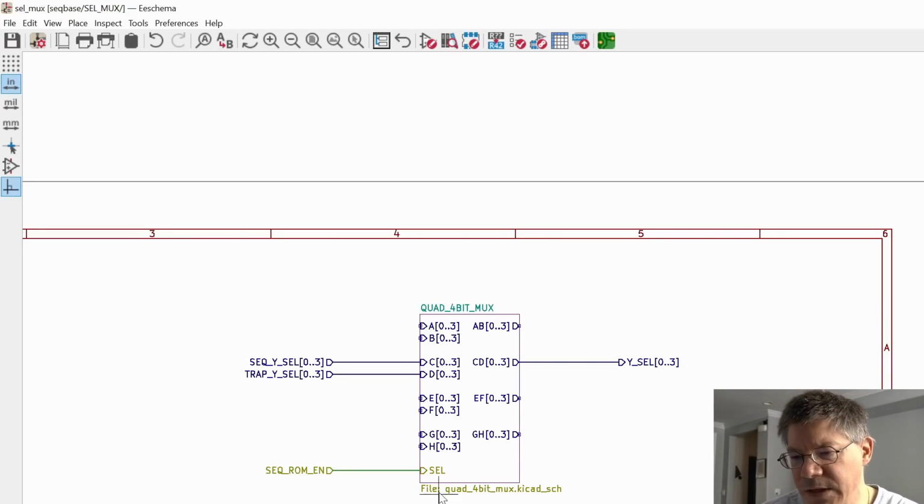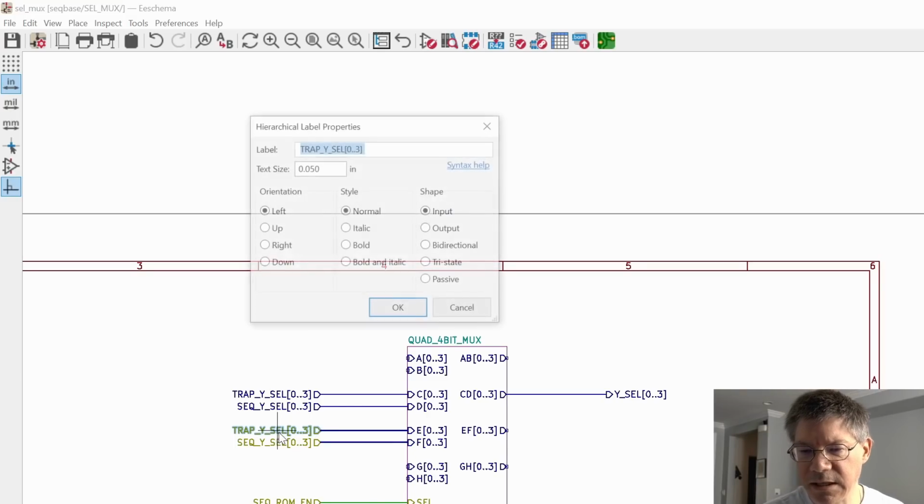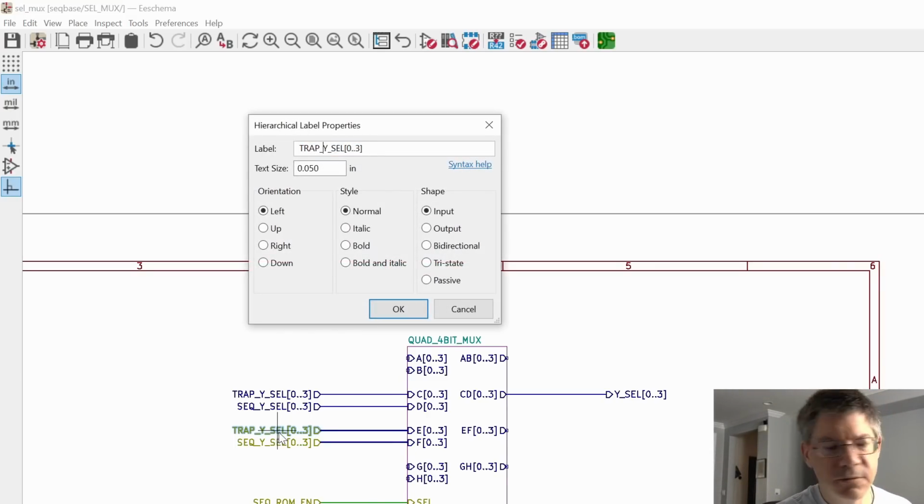Now, again, if the selector is 0, that will select the first of the pair. So that means that we need to move these around. All right, so if the sequencer ROM is enabled, then the selector will be 1, which means that we're selecting not 0, but 1 of the pair. So that's basically that. Let's copy that and give us a trap Z select also,